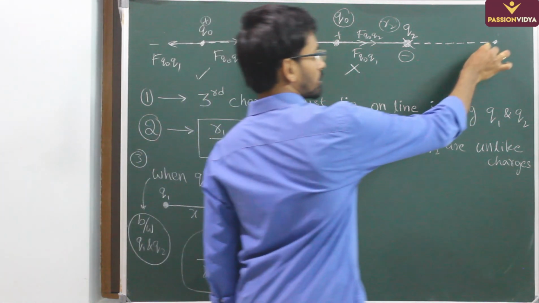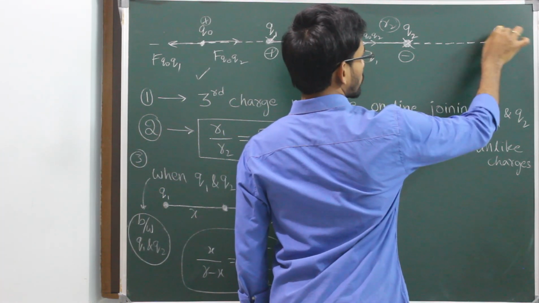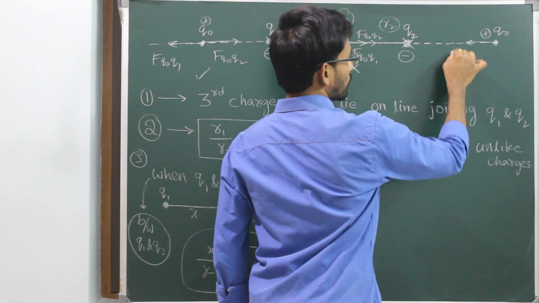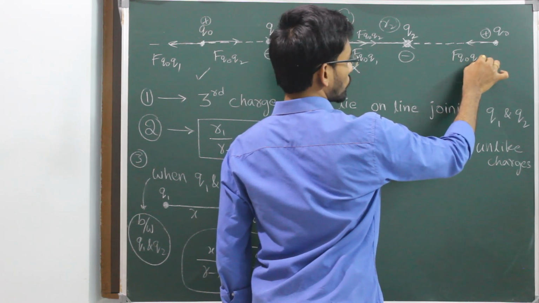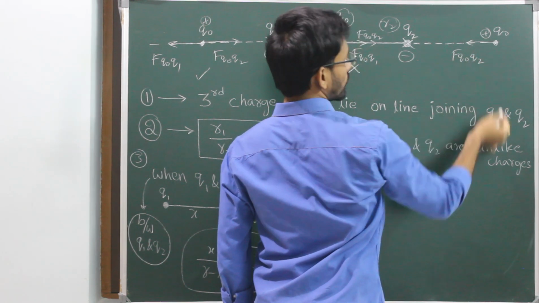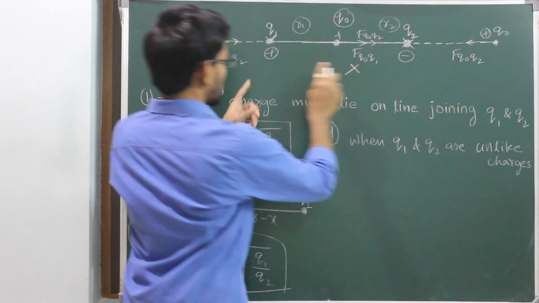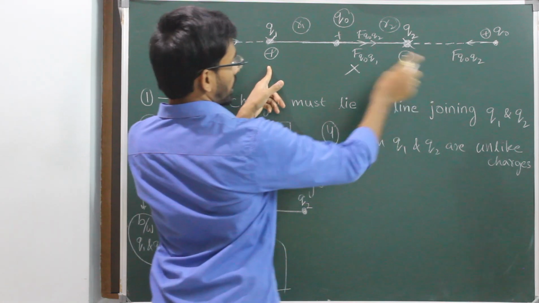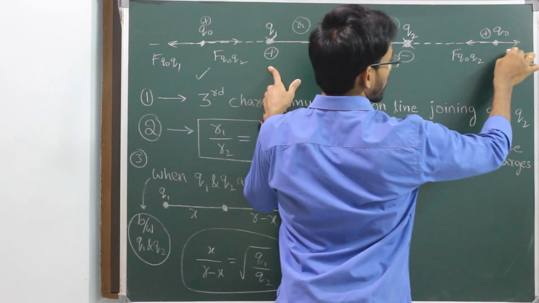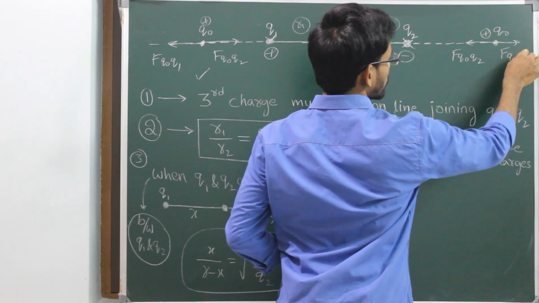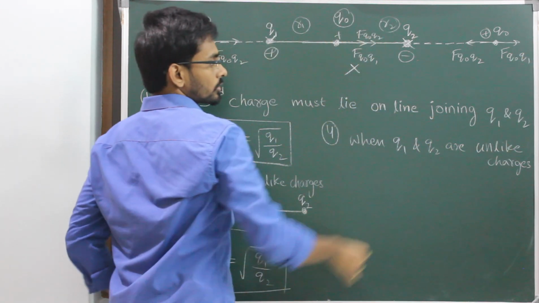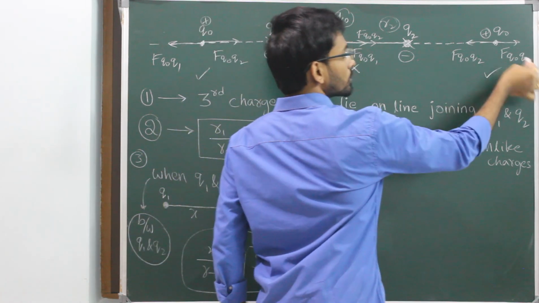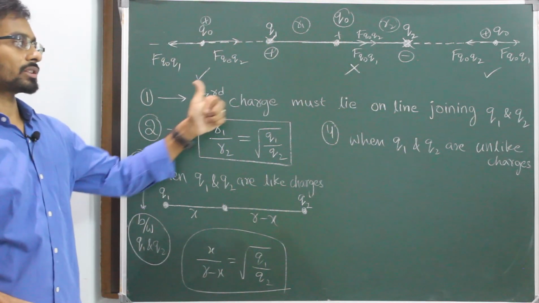Next, similarly let us check towards right. Here let it be q0, so it is a positive charge. Now these two are unlike charges, so there will be attractive force. So force on q0 due to q2 will be towards left. And now if we consider electrostatic force between q0 and q1, these two are like charges, so there will be repulsive force. So force on q0 due to q1 will be towards right. So these two are in opposite directions, so they can cancel each other. So there is a possibility of equilibrium towards left as well as towards right.